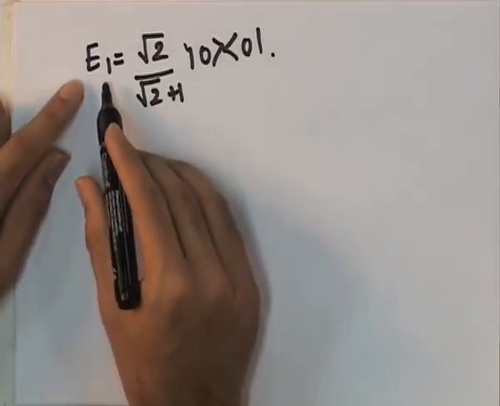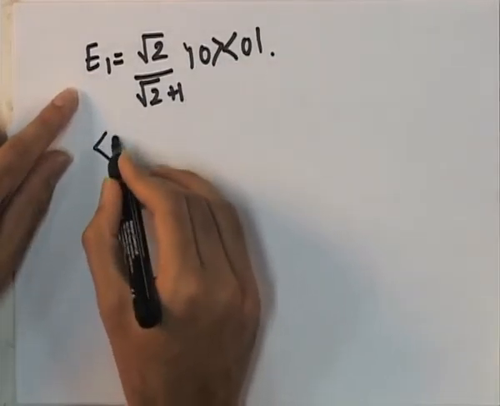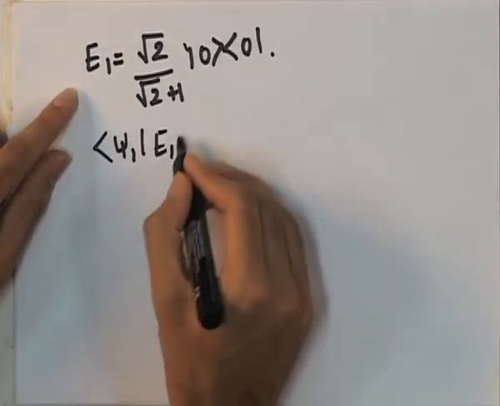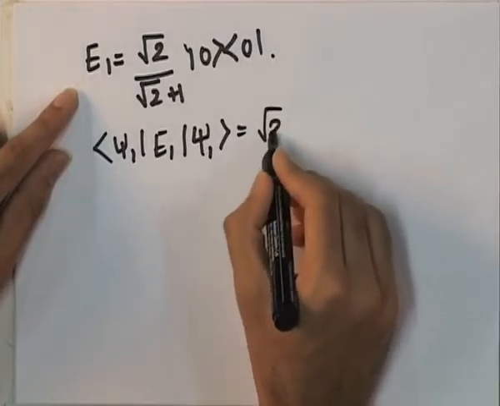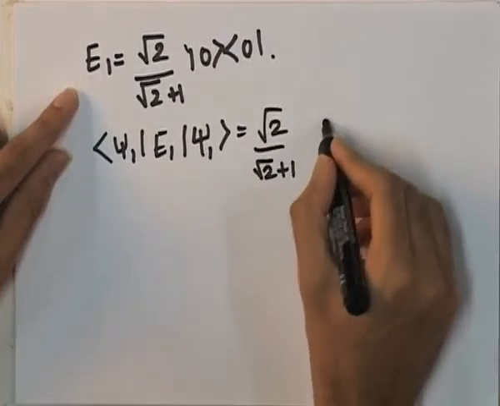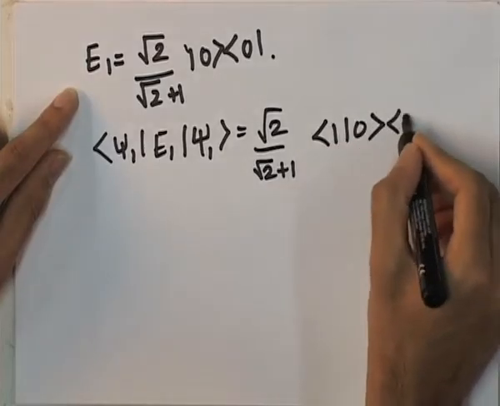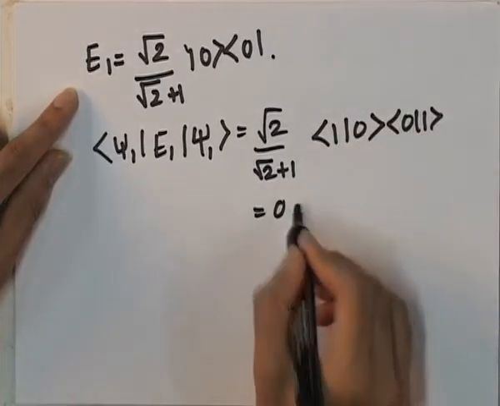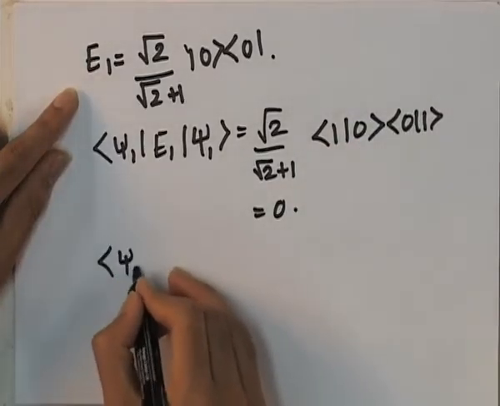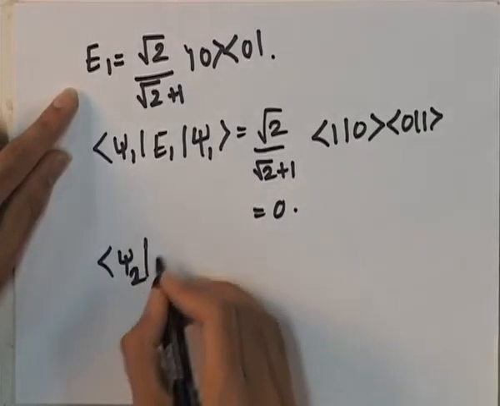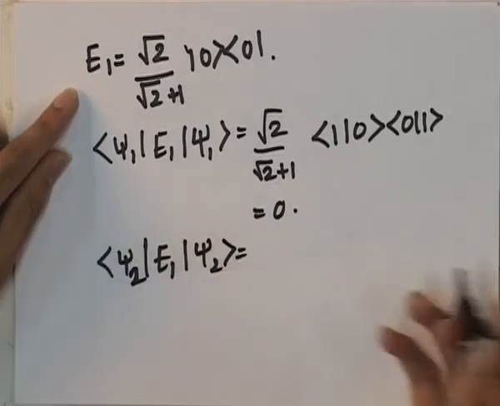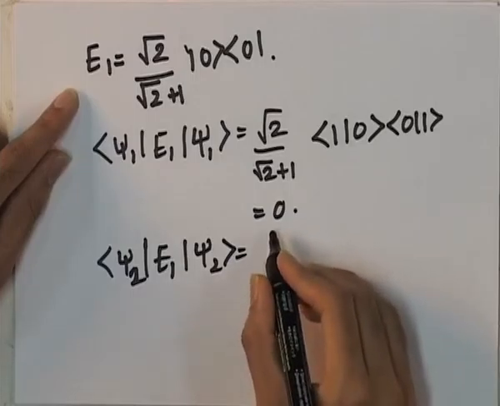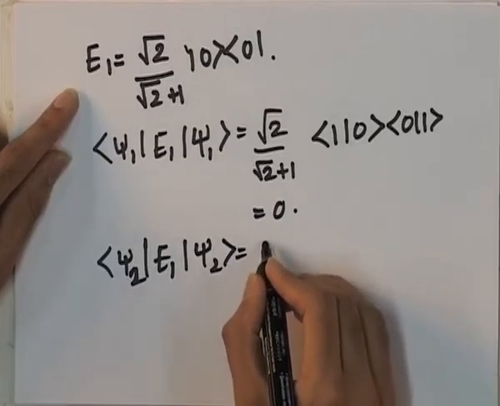Now the expectation value of E1 with respect to psi1 is clearly 0, because this would be root 2 upon root 2 plus 1 times 1 0 plus 0 1, which is 0. And the expectation value of E1 with respect to psi2 should turn out to be non-zero. So that quantity is